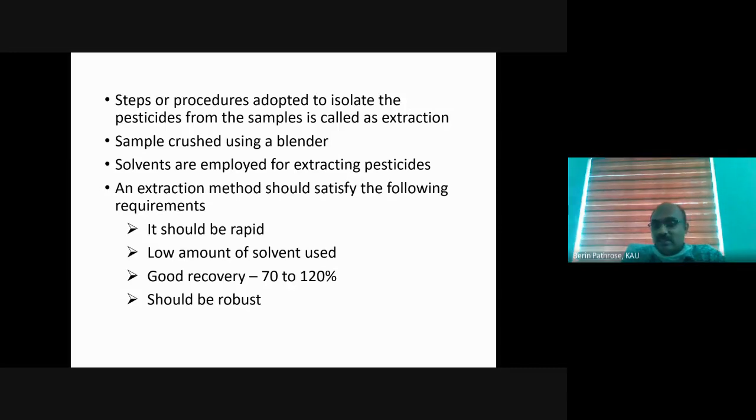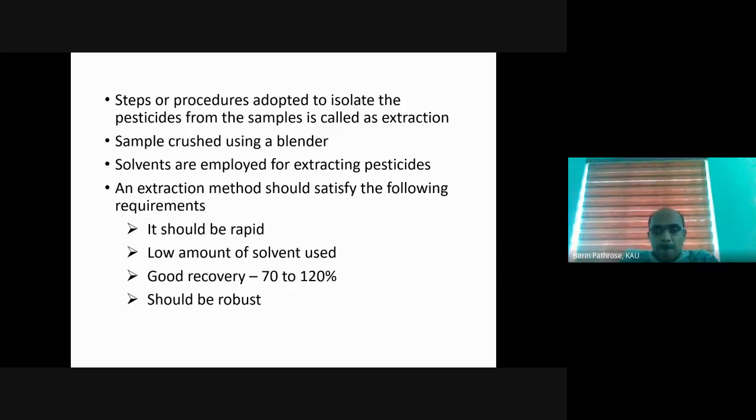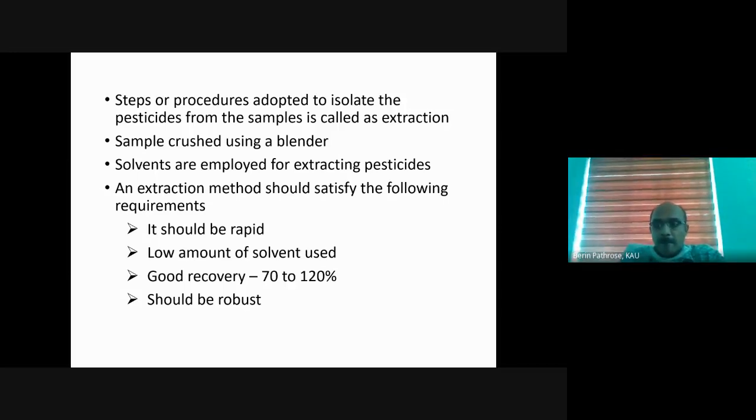Here the thing is, have you ever seen a chromatogram? Yes or no? Chances are very less. No. We will discuss chromatogram tomorrow. Okay. So what will happen is,